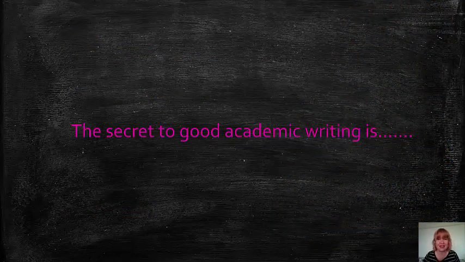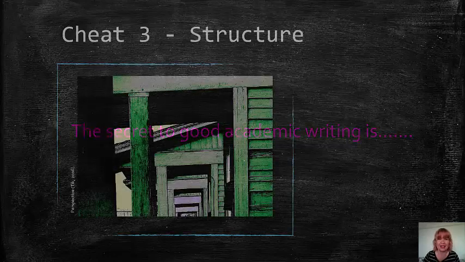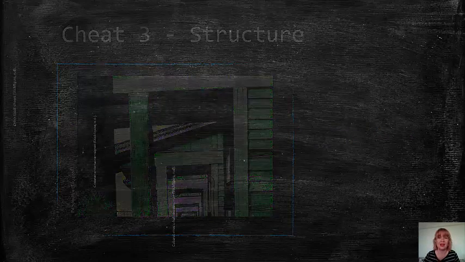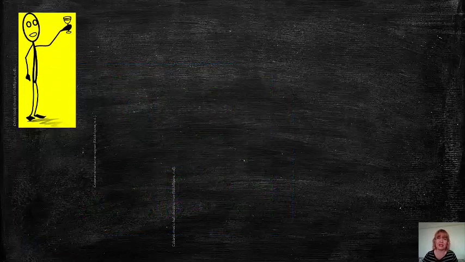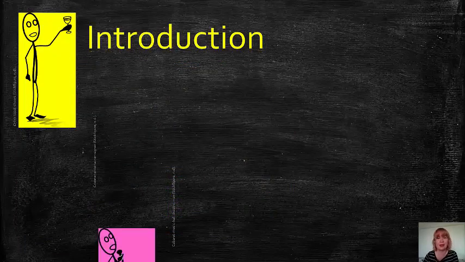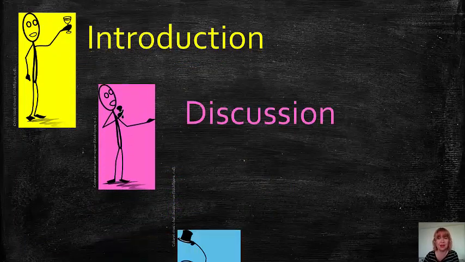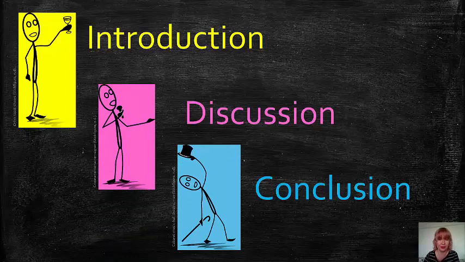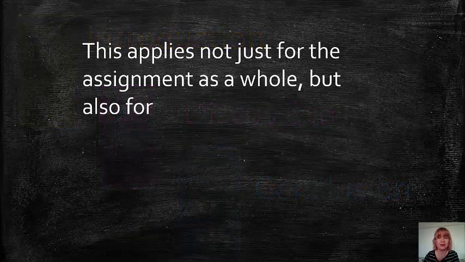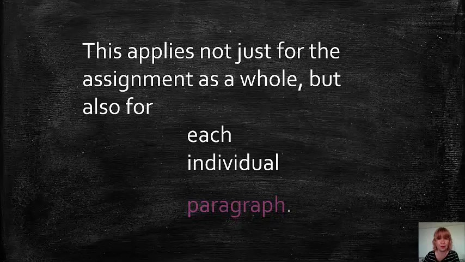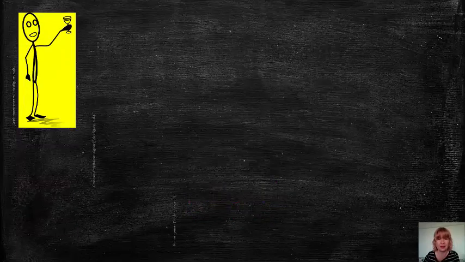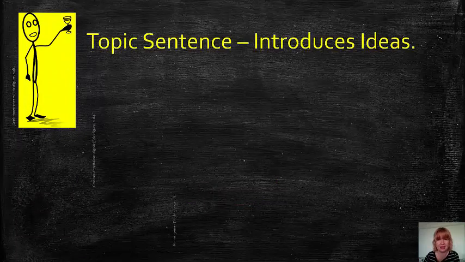Another aspect to good academic writing is your structure. Now, we all know with our work that we need to have an introduction, we need to have discussion, and we need to have a conclusion. But you also need to do this not just for your whole piece of writing, but also for each individual paragraph. So each paragraph that you write should have a topic sentence which introduces the idea you're going to be